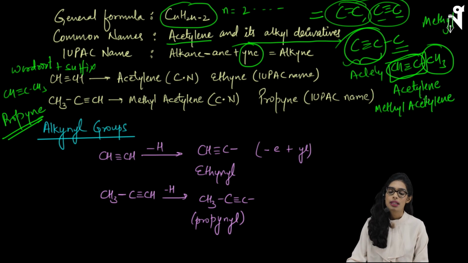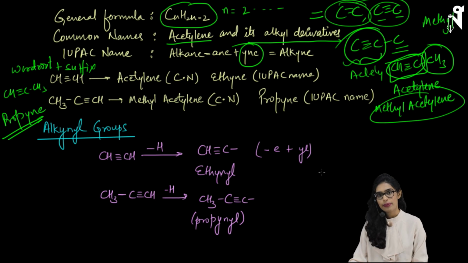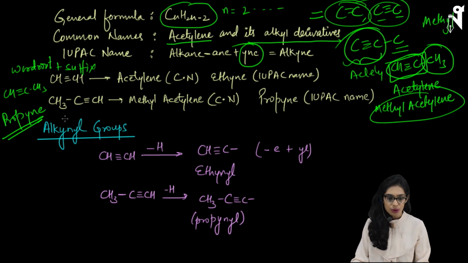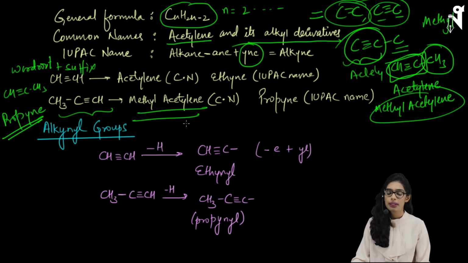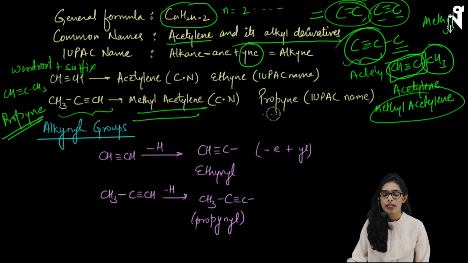Common name is methyl acetylene, and so on for the other compounds. So we will see the examples now. So here I have shown you methyl acetylene, how we have given the name methyl acetylene, which has the IUPAC name as propyne,